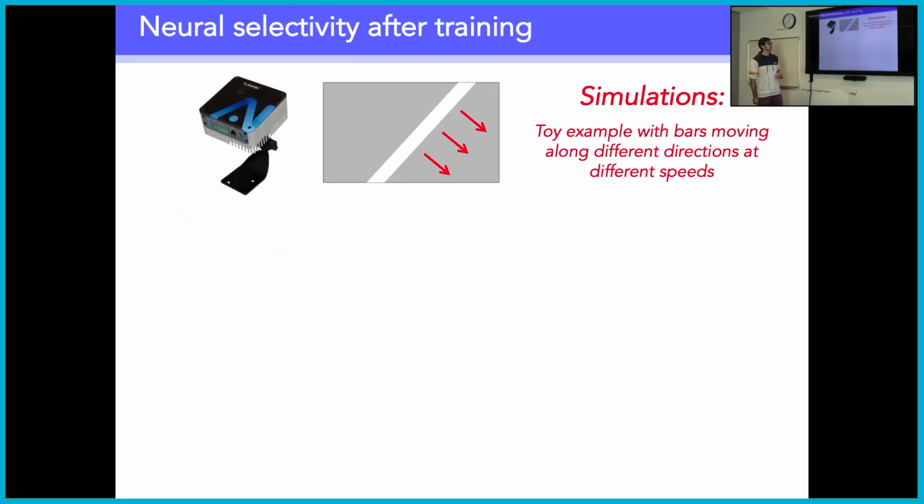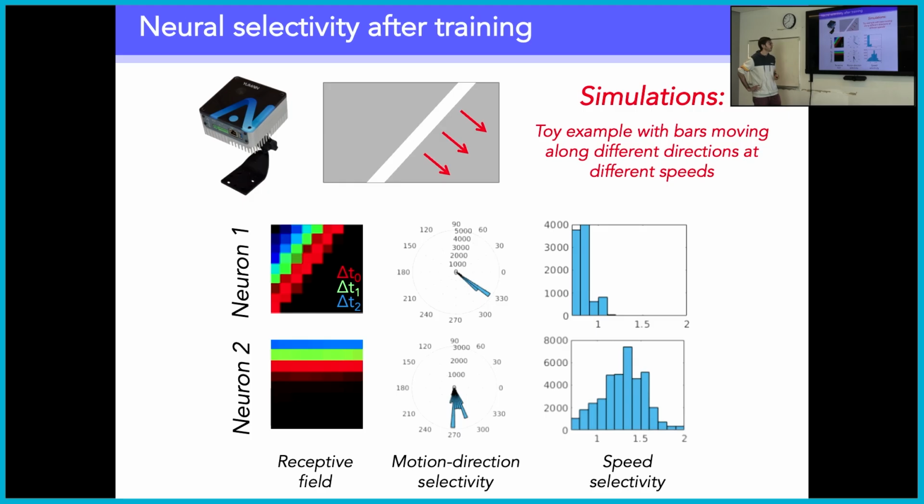And so these are some results. Here are the toy examples: a bar moving in different directions. Here you can see the selectivity of 2 neurons after training in the network without any supervision. In color are encoded the delays. So you can see here that this neuron is selective to a motion that is going, if I'm correct, to the upper left, because it starts here and goes left, encoded in color, and this neuron is responding to something that is going up.